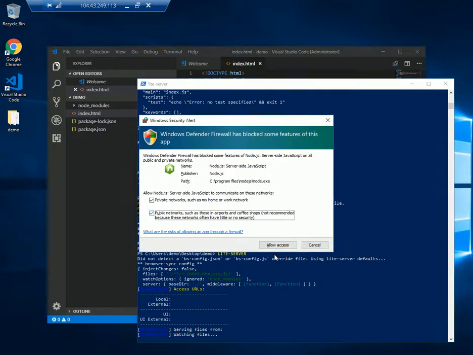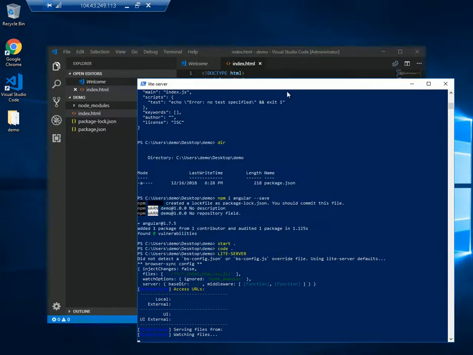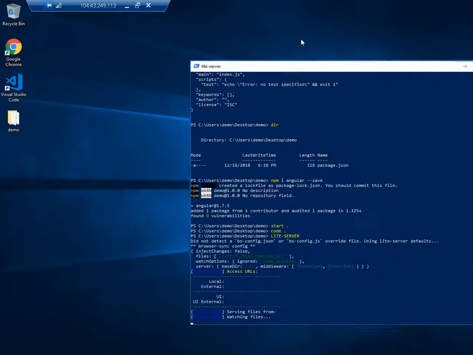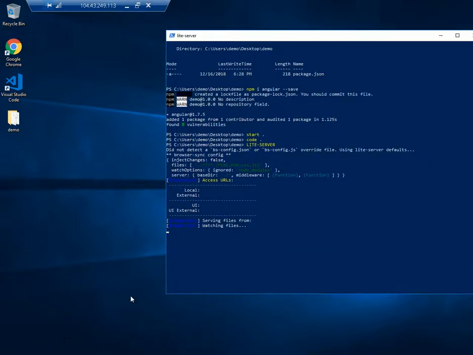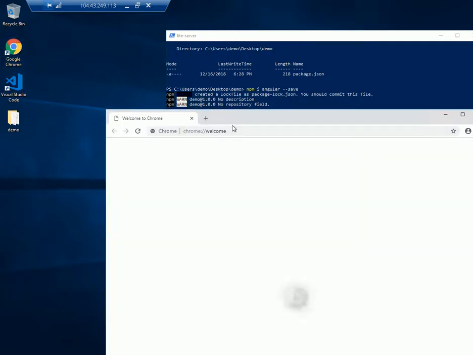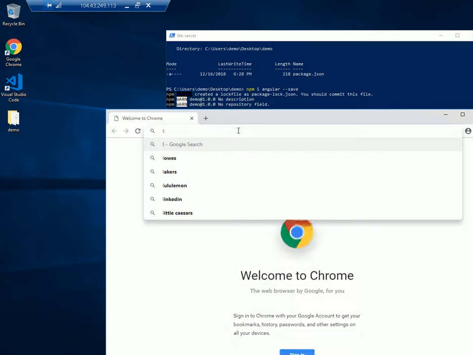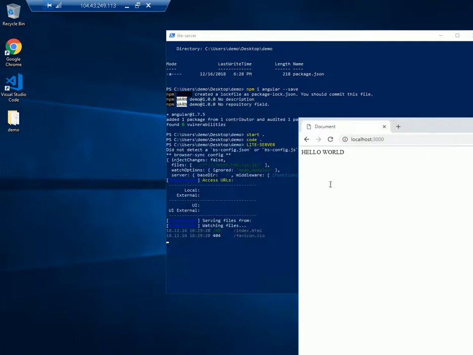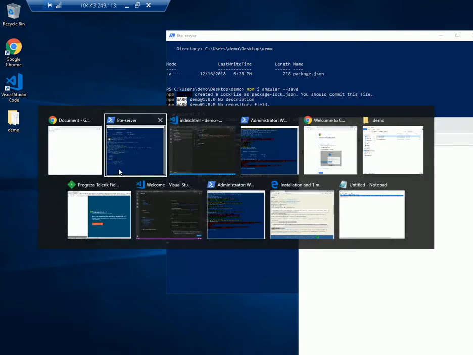You may get this firewall prompt first time using the application. That's fine. Go ahead and open that up. And it's spinning up the website. We'll go ahead and open Chrome. And we'll check out localhost 3000. It says hello world. And if we switch back over to VS Code,